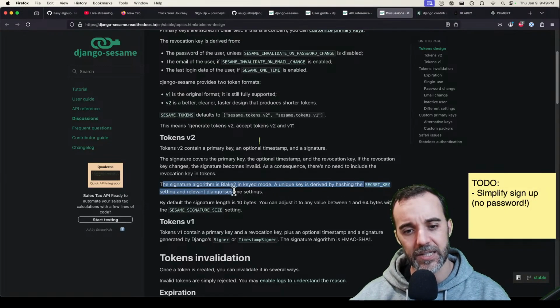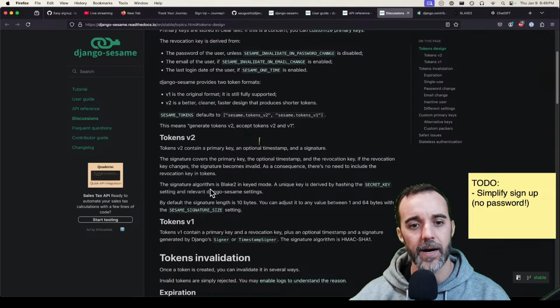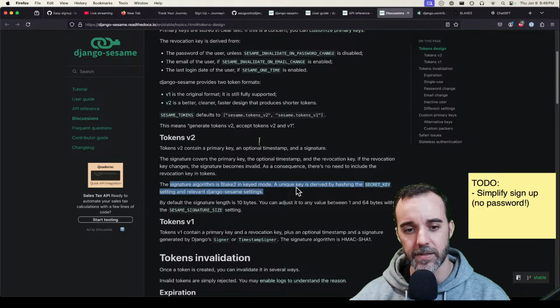Or maybe it's just the signature that's put. Okay, that's it. So the token is the primary key, a timestamp, and a signature. The signature is put through Blake2, which uses the secret key. I need to read a little bit more carefully. That's what's going on. And then somehow,